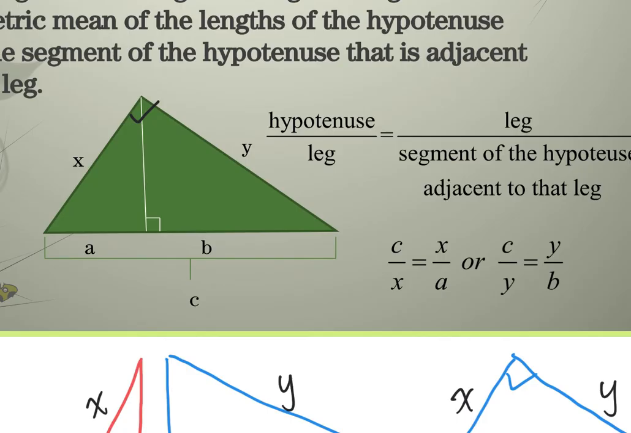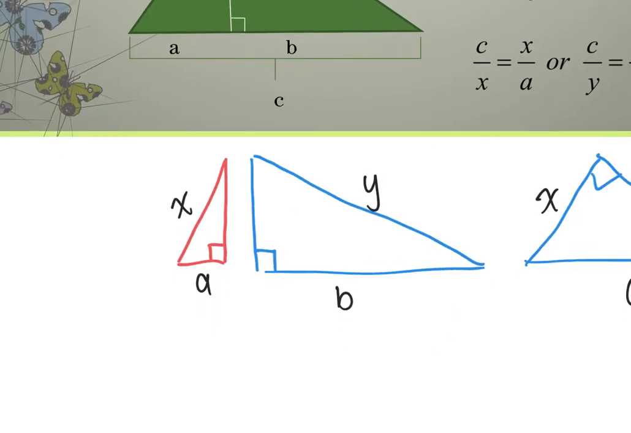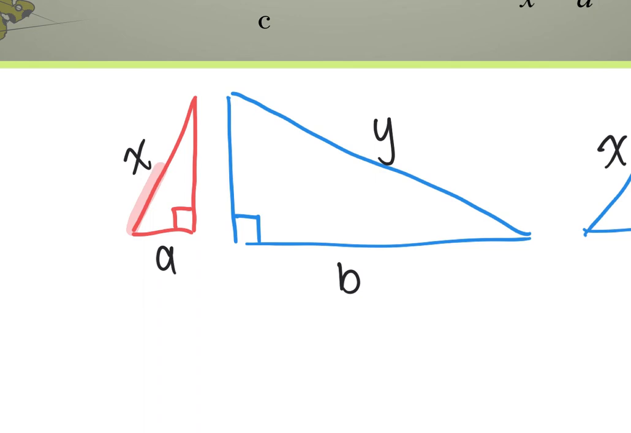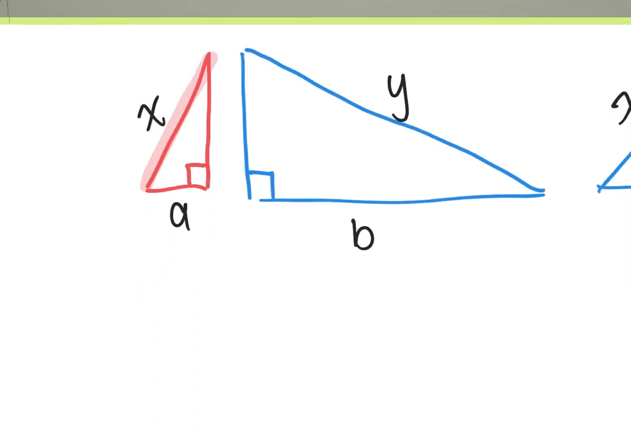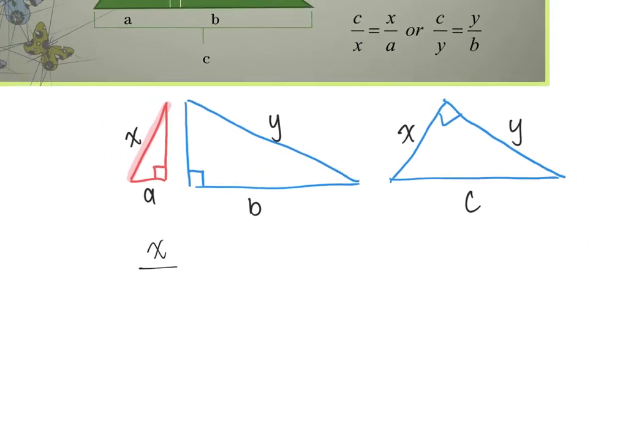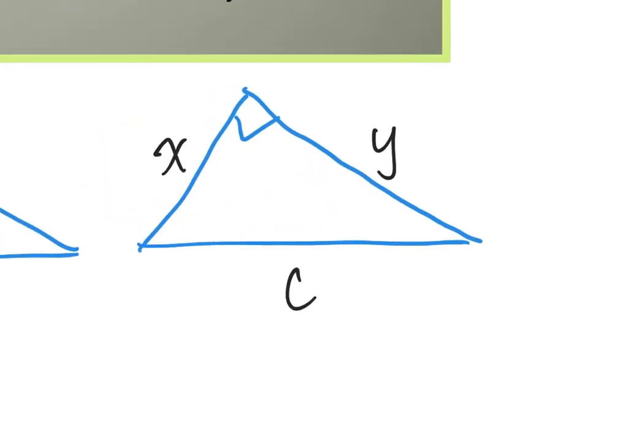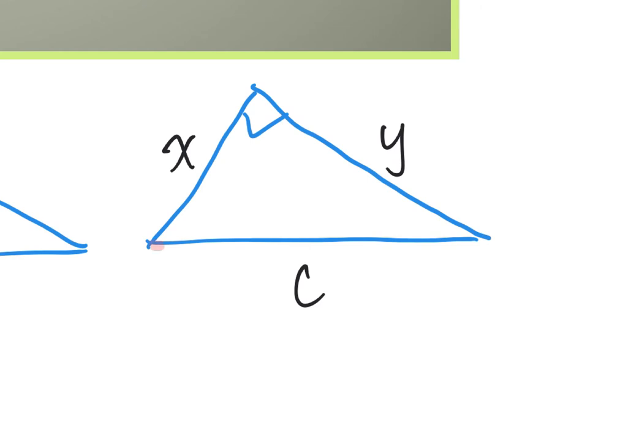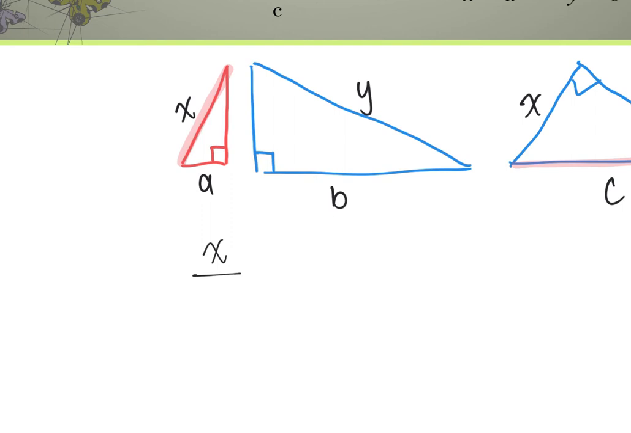Okay, part of our proportion is going to include the hypotenuse, okay? So, let's take the hypotenuse of the red triangle, okay? Which is what? X, right? So we're going to say X over, what's the hypotenuse of the biggest triangle? This one over here. It's C. Do you guys see that? Okay, so we're going to say X over C, equals,